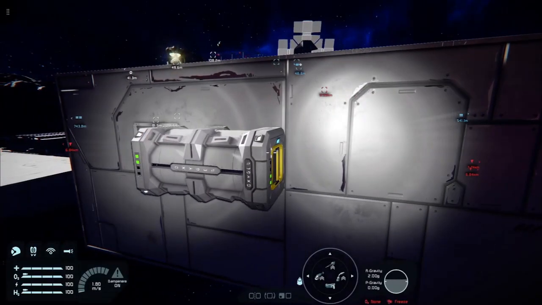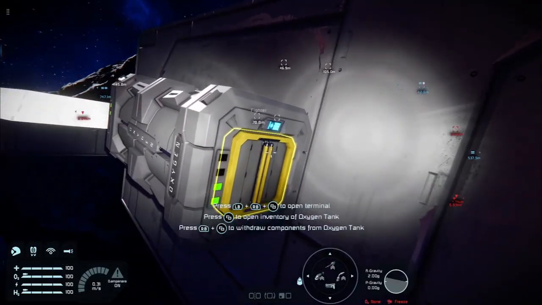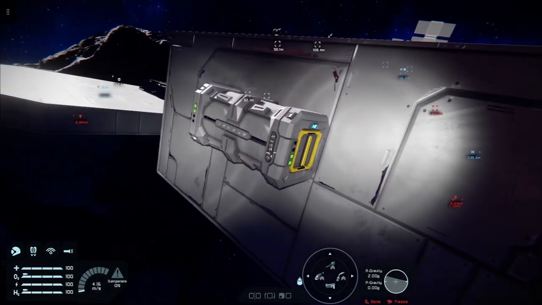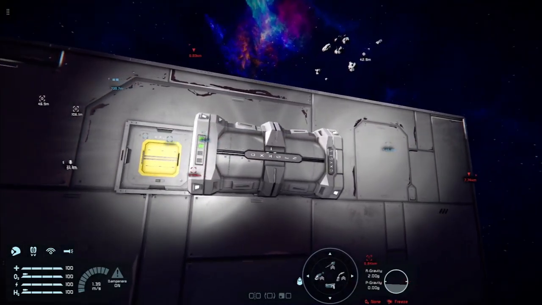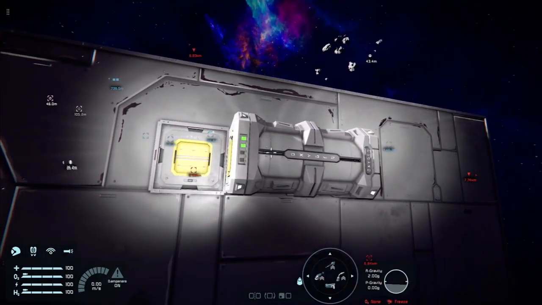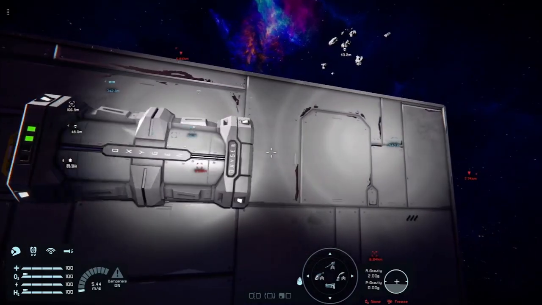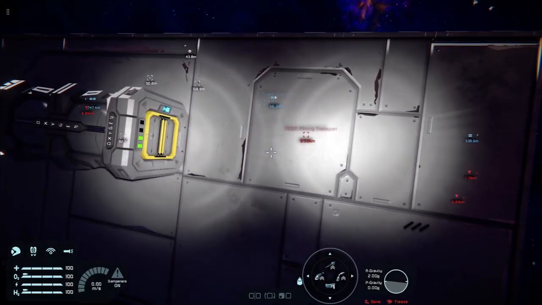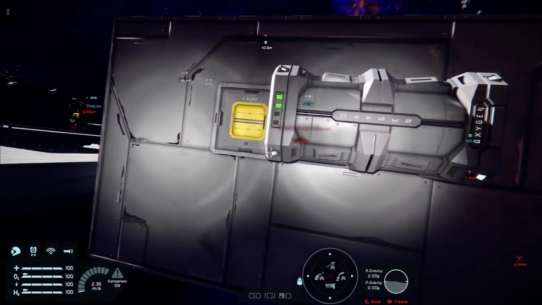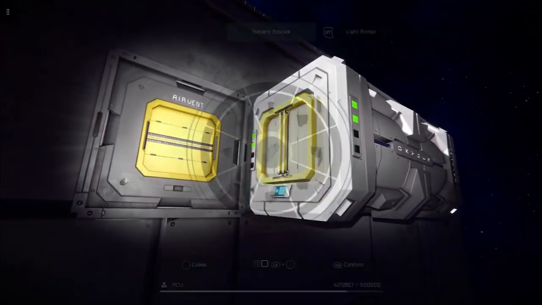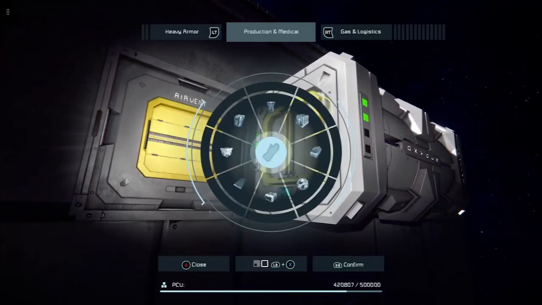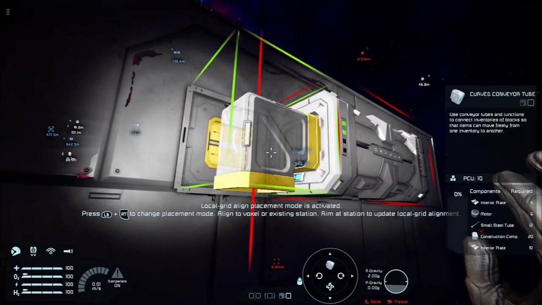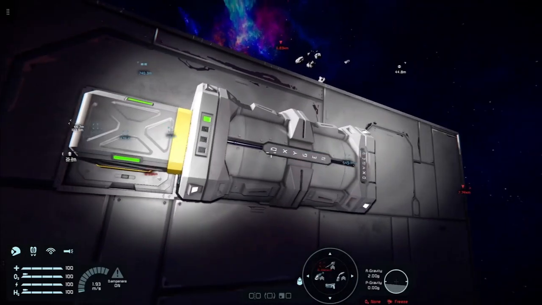Actually we won't need a generator because that tank will fill automatically, and we don't need any more oxygen flowing into that tank. You can actually fill these tanks using the depressurized function of an air vent if you're playing in survival, or you can just build an O2 generator, get the tank to about 50% with it, and turn that thing off, because what you want is 50%. You don't want a full tank, because what we're going to do is pop in a conveyor junction, or a pipe in this case. We're going to link it through.